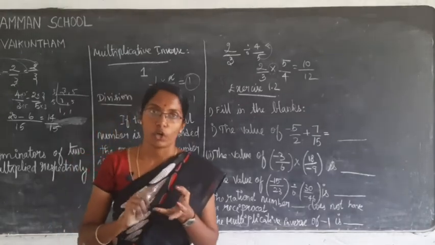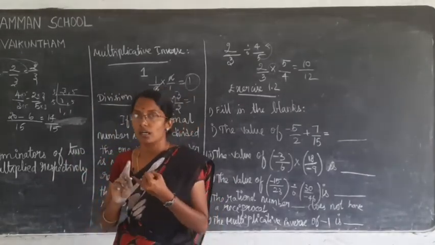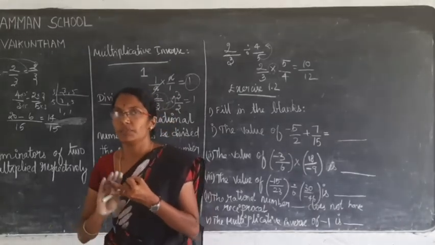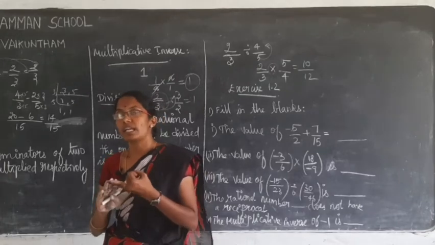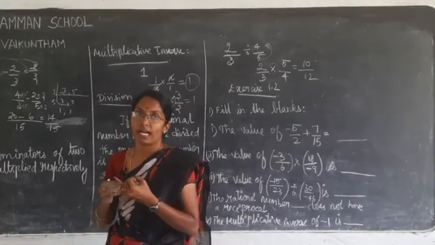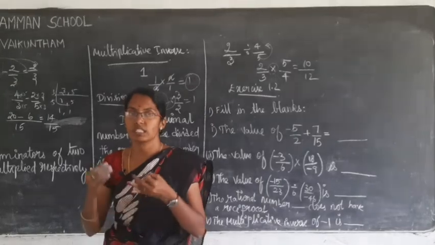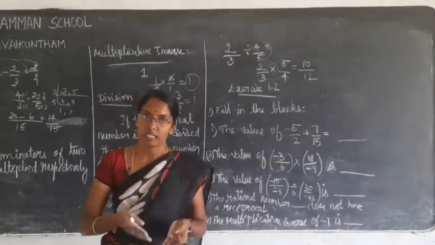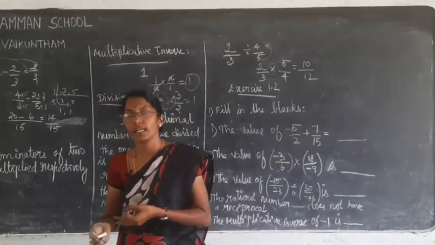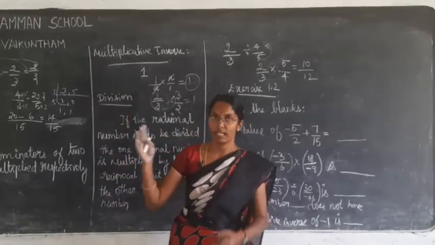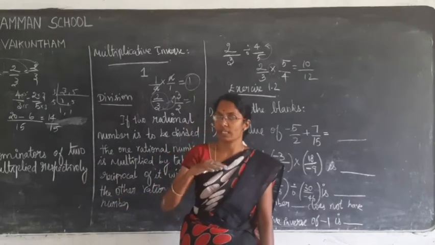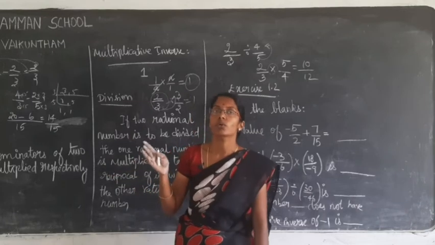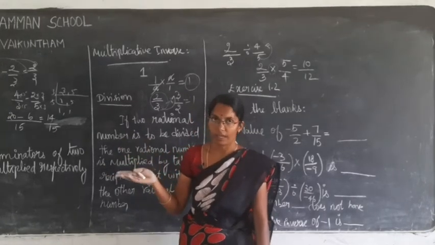Addition. For addition, you have two denominators. If it is the same denominator, you can easily add. And if you have different denominators, you have to take the LCM and find the answer. And additive inverse: if it is plus, you have to take minus. So plus 2 by 3 means minus 2 by 3, and minus 4 by 5 means plus 4 by 5. Okay, so next one, subtraction, likewise as addition. Same denominator means you can easily subtract and find the answer. And if it is a different denominator, you have to take the LCM and subtract it.